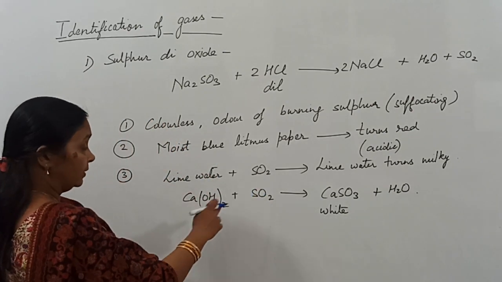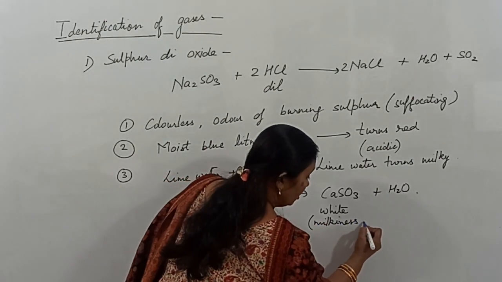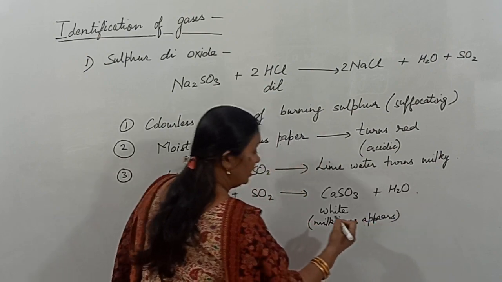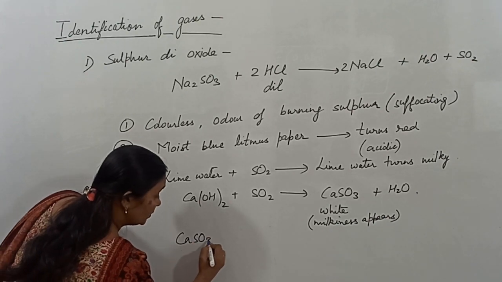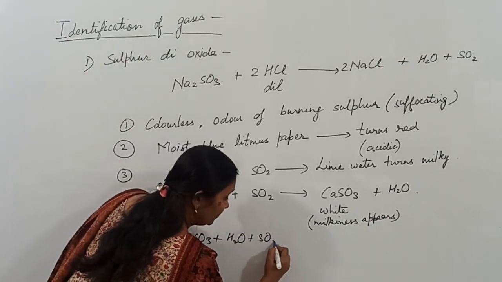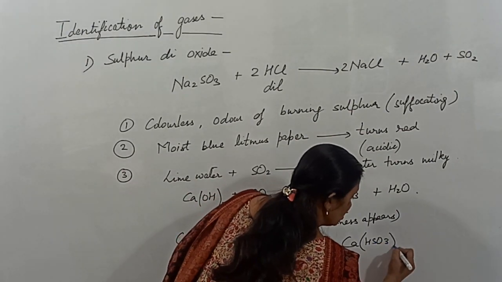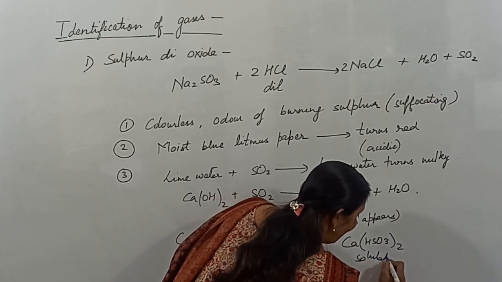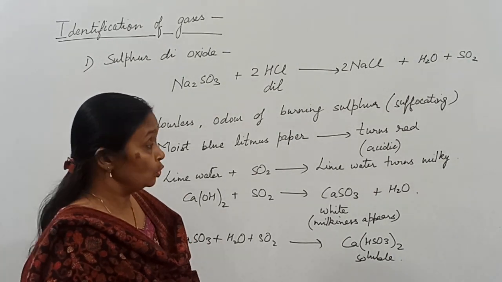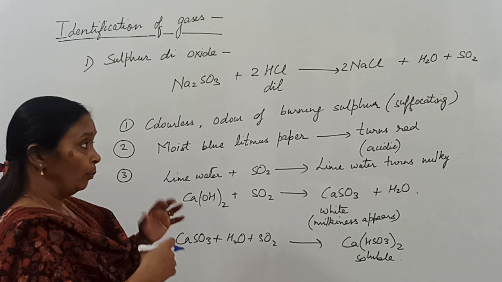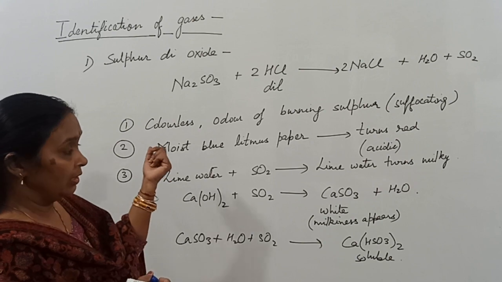Now, lime water turns milky on passing sulfur dioxide, but as you have seen in carbon dioxide, this milkiness disappears. Milkiness appears if a small amount of sulfur dioxide is passed, but if you pass some more sulfur dioxide in excess through the same solution, calcium bisulfite, Ca(HSO3)2, is formed, which is soluble, and so the milkiness disappears. This is the same reaction which you have seen in carbon dioxide. So as I told you last time, a few properties of carbon dioxide and sulfur dioxide are the same, like both of them are acidic and they turn lime water milky.